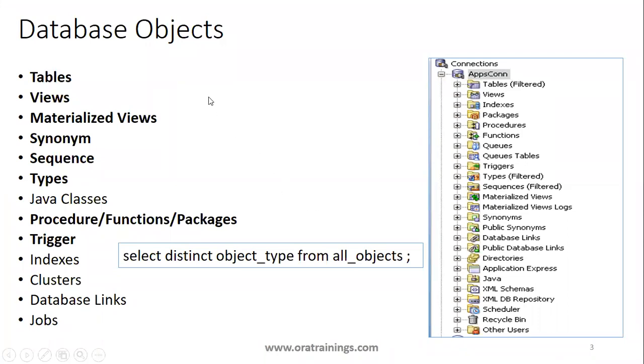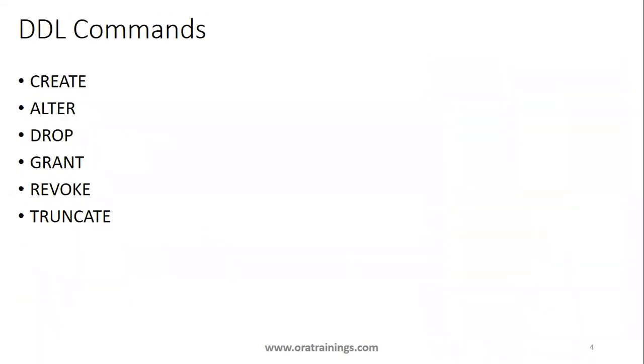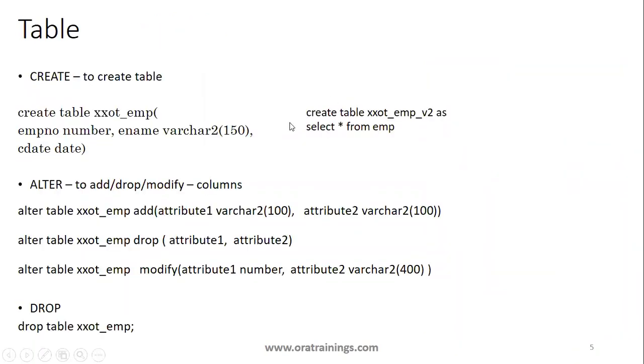As this session is on DDL commands, we'll explore the DDL commands on the most commonly used objects. We'll start with the table. When you want to create an object of the type table, what syntax do we use, and what are the general DDL commands you apply on a table? The major commands you apply on a table are create, alter, as well as drop. What does create mean? Create means the creation of a database object, or nothing but the creation of a table in your database.